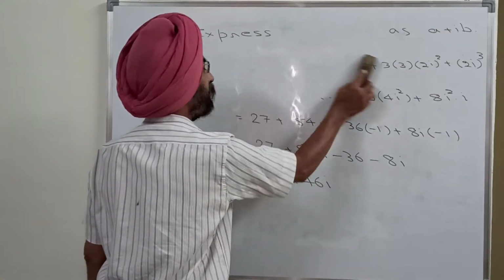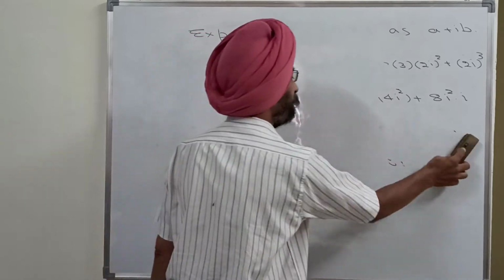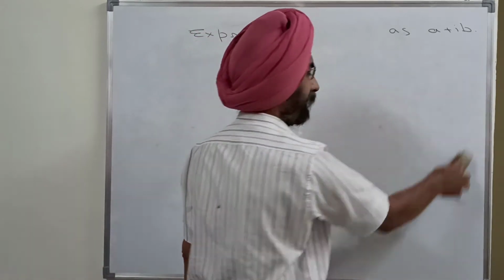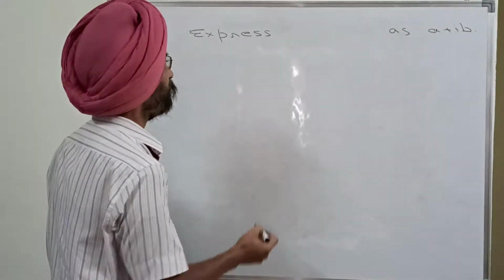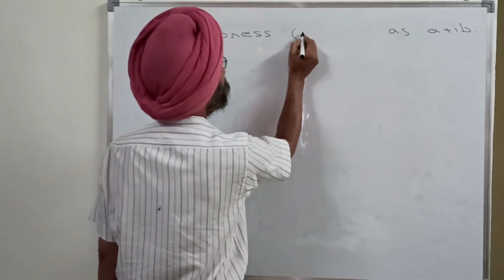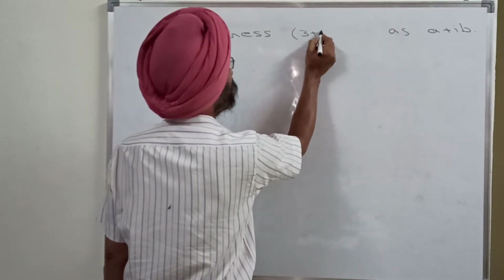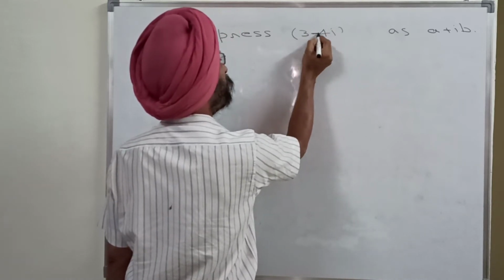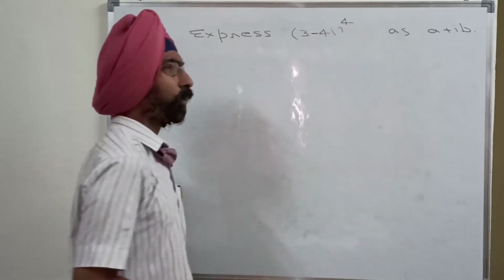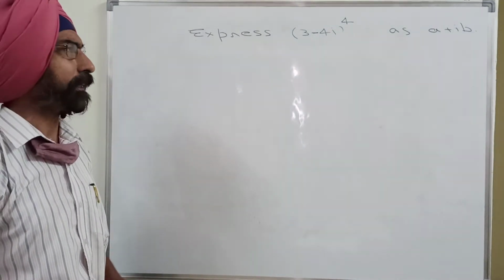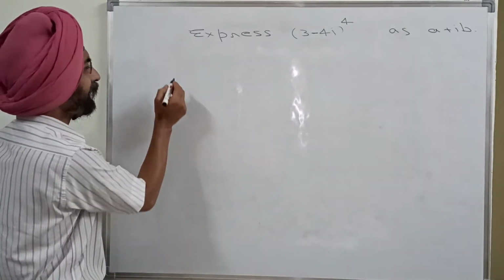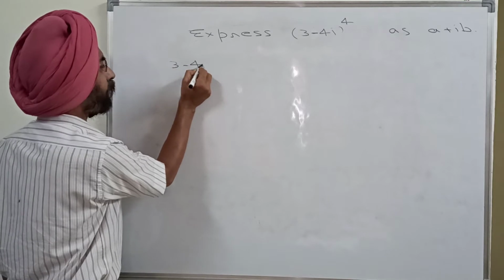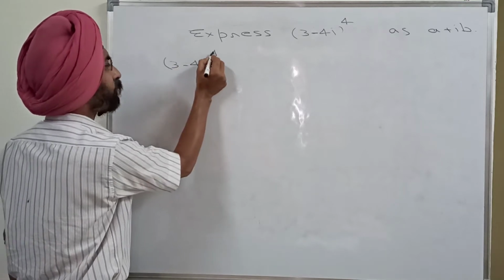A little bit more typical question you can say, but still easy, not too difficult. So express (3 minus 4i) raised to the power 4 as a + ib. So this (3 minus 4i) raised to the power 4,